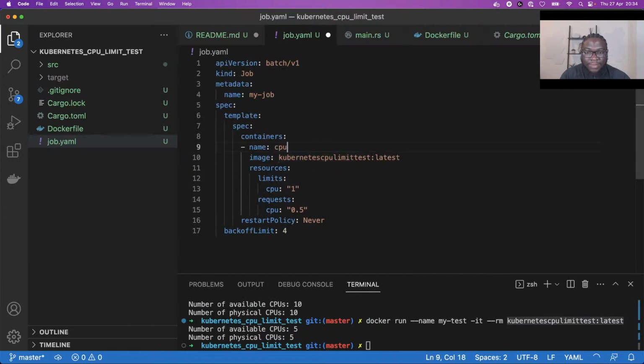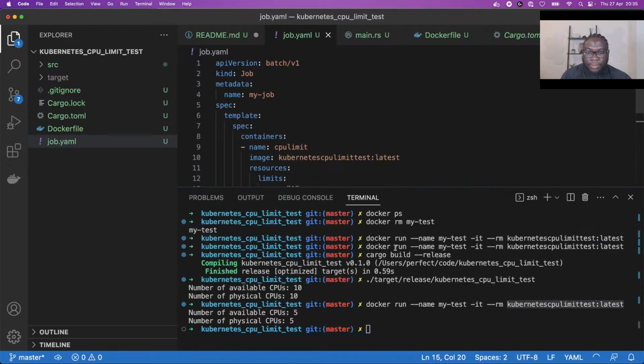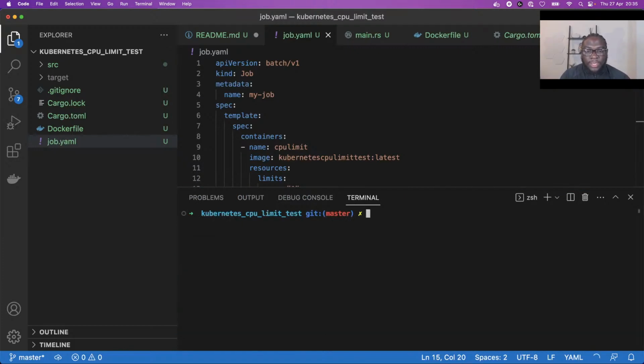We call this CPU limits, right? Yeah, that's the name of the container. So this is what I was saying. So we're going to request the same, like request one CPU, right? And then I want to see how this would play out, right? So to run this would be